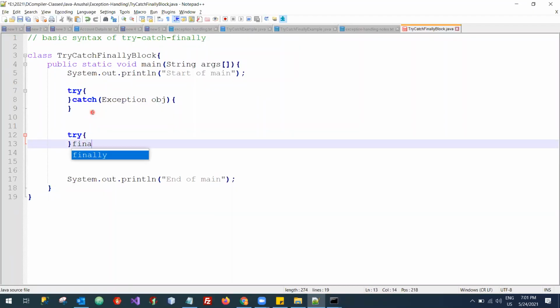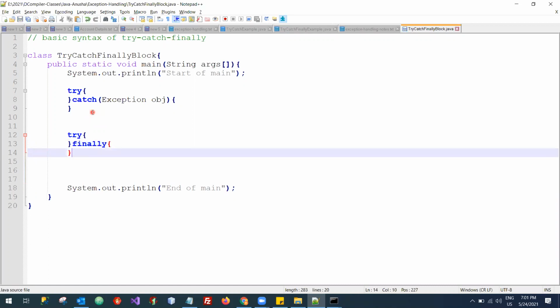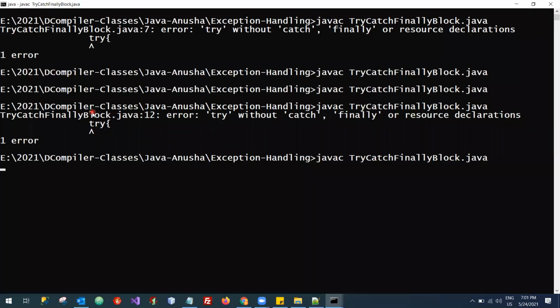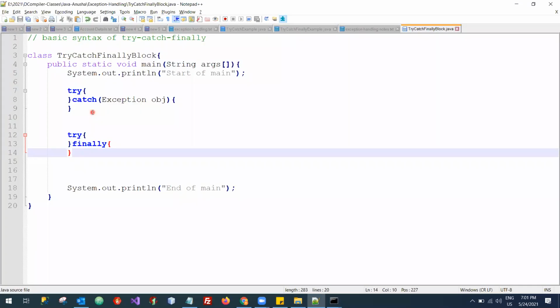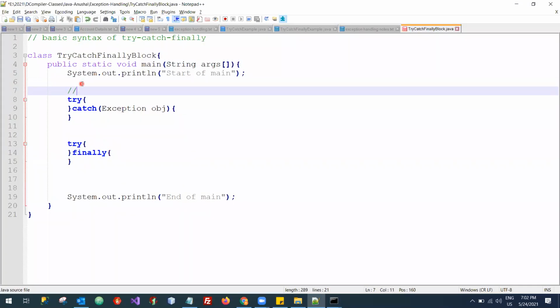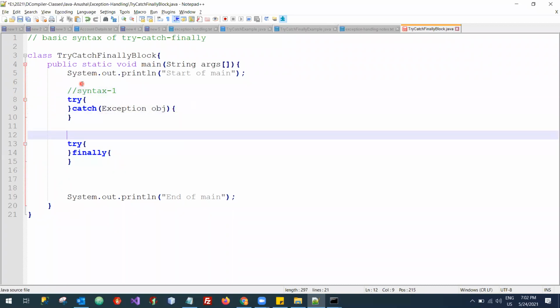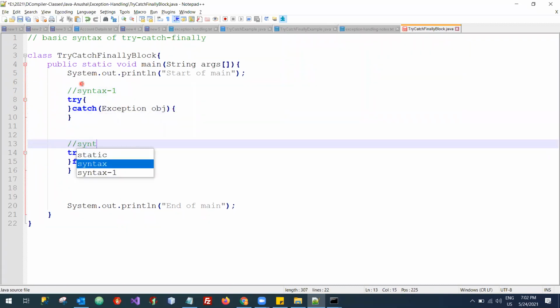Try should be followed by a finally block. All the three are blocks here. So try should be followed by a catch, or try should be followed by a finally block. Down the line, we'll understand how it works. So let me write this as syntax 1, and this is your syntax 2.